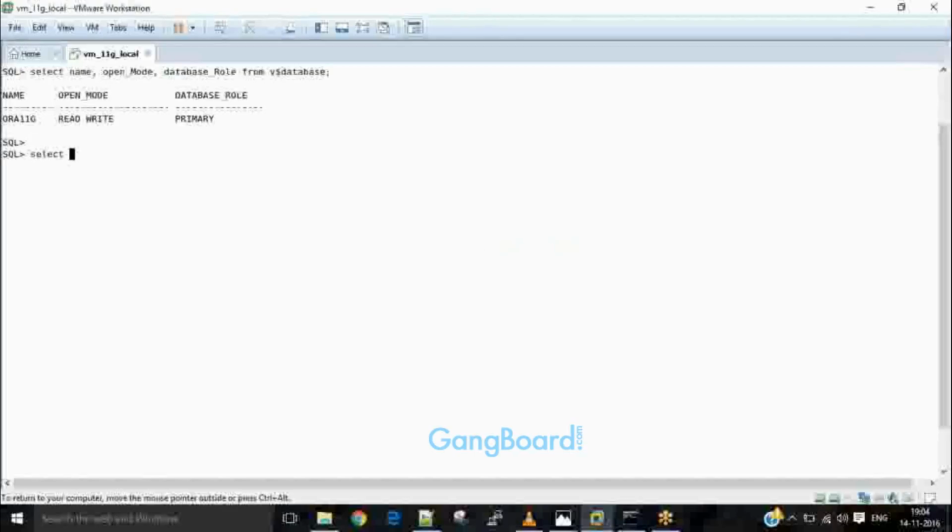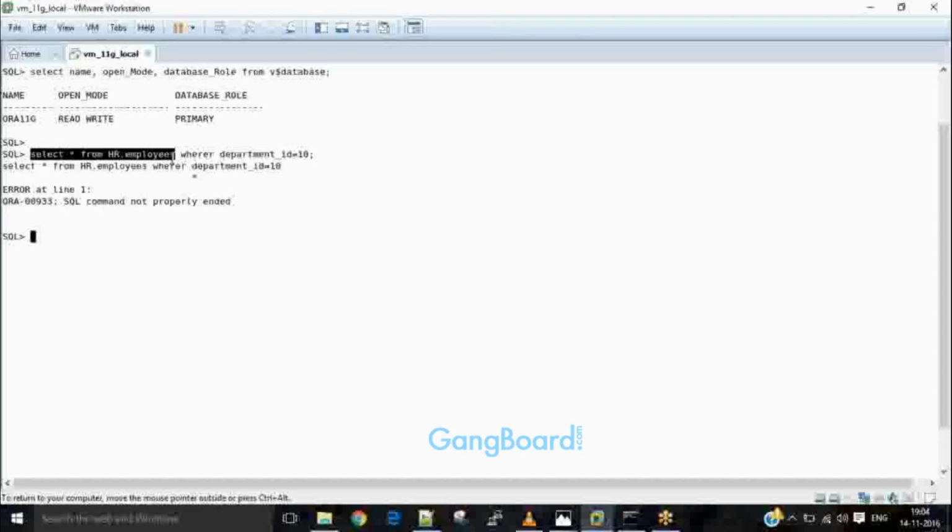So for example, now this is my yesterday's virtual machine. If I do select star from HR.employees where department_ID is equal to 10. Alright, so can you see this error? Now this error is because the spelling of where is not proper. So now if I do it properly,